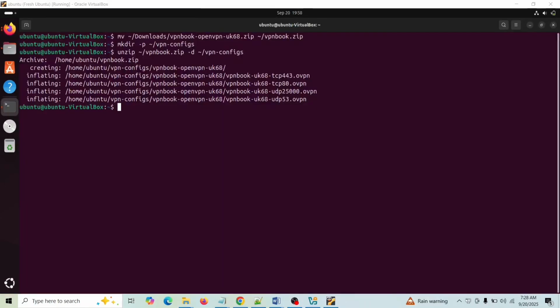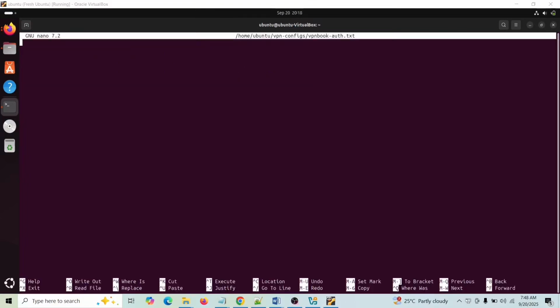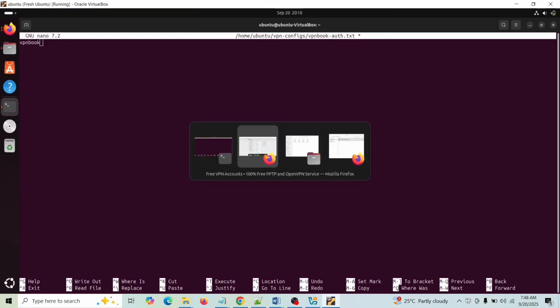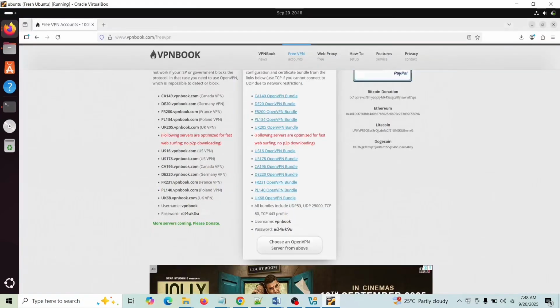In step 4, to store credentials, let's create a credentials file. Run the following command in terminal. Using the nano editor, we can edit this vpnbook-auth.txt file by adding the username and password on two separate lines. The username is VPNBook and the password is